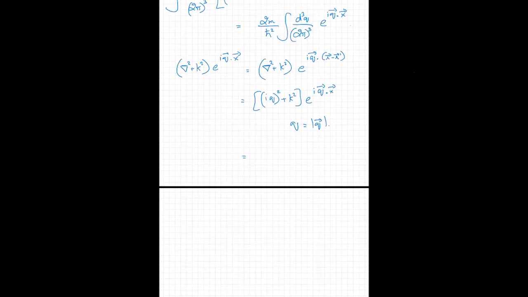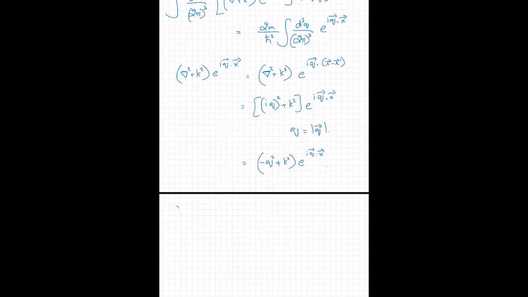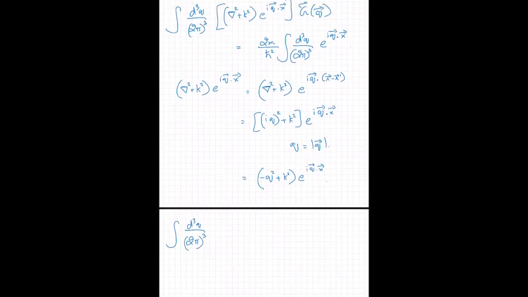So if I clean this up, I get minus q square plus k square e to the i q dot x. So substitute this in the integral, so in the equation above. So I get the left hand side d cube q over 2 pi quantity cubed, minus q square plus k square e to the i q dot x g tilde of q, and this is equal to,